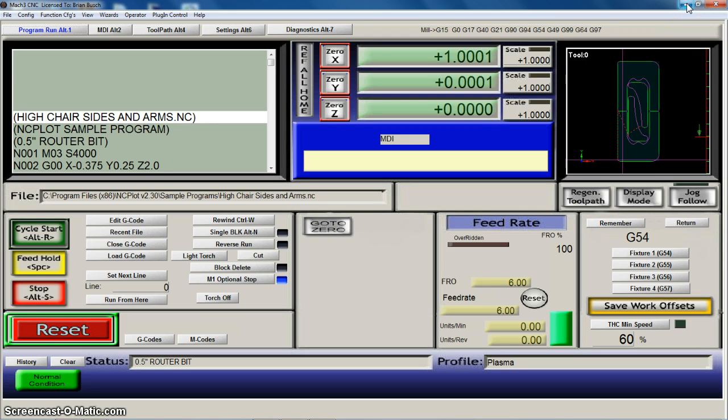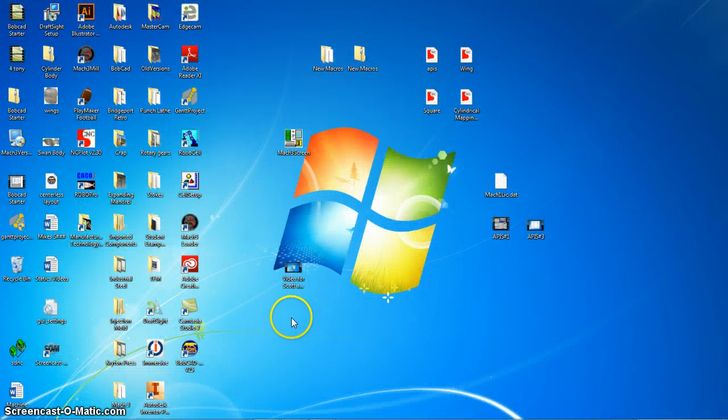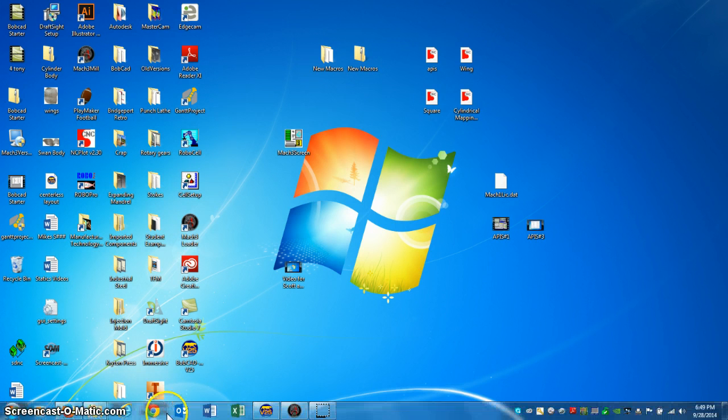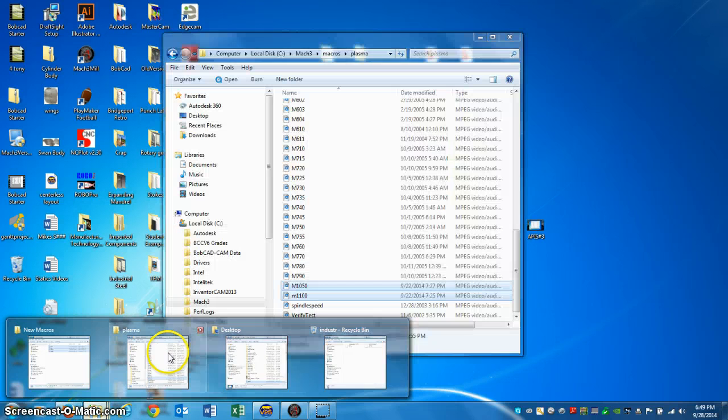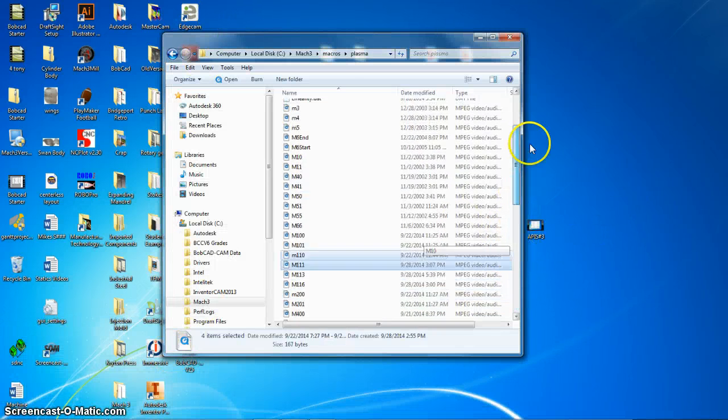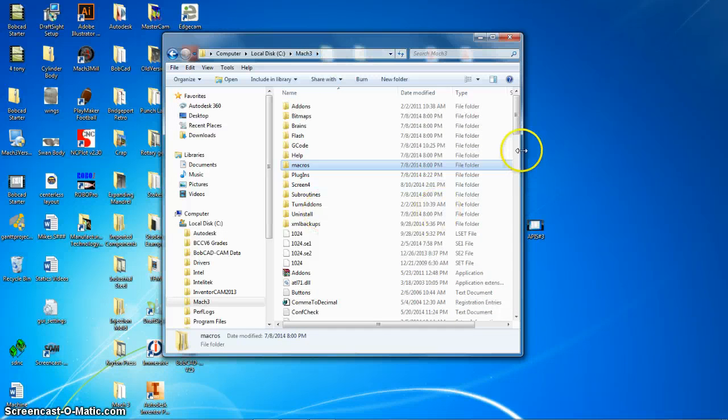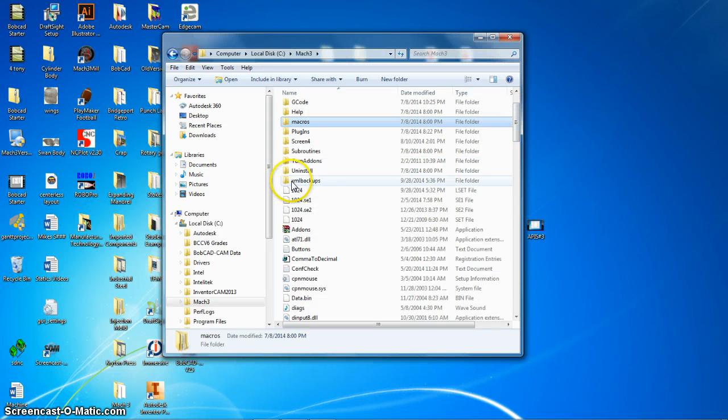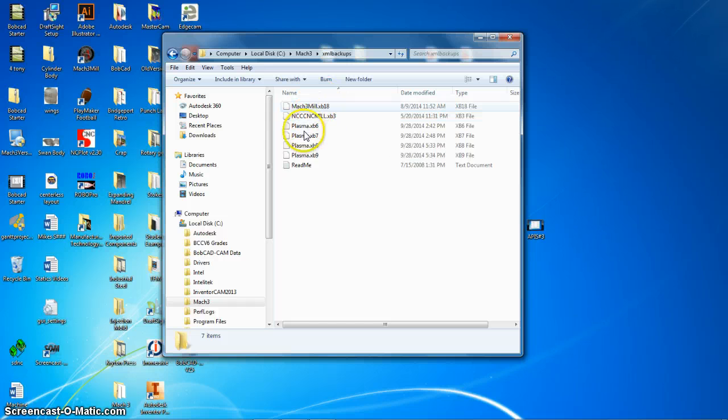I think what happened with that XML file is that maybe you gave me the one on your computer. What I need is the one off of the torch itself, because that's where we've made all those settings and everything. So you're going to have to go out to the torch with a flash drive, go to Mach 3, XML files, and then find the newest, in other words, the largest number plasma setup,